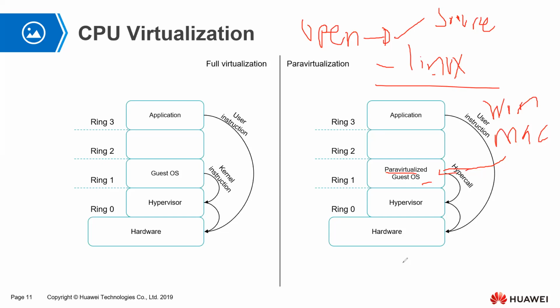They assume that if the guest operating system can be modified to make it aware that it is virtualized, the virtual machine operating system uses hypercalls to replace the 19 sensitive instructions in the virtualization. So the hypervisor program instructions are directly executed at the CPU non-privileged level. But there's already a disadvantage: non-open source systems such as Windows do not support para-virtualization, because you cannot even access their source code to do your modifications.